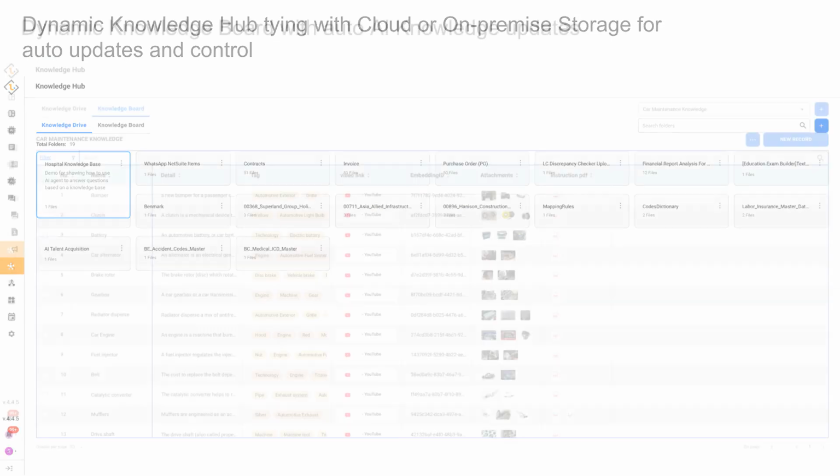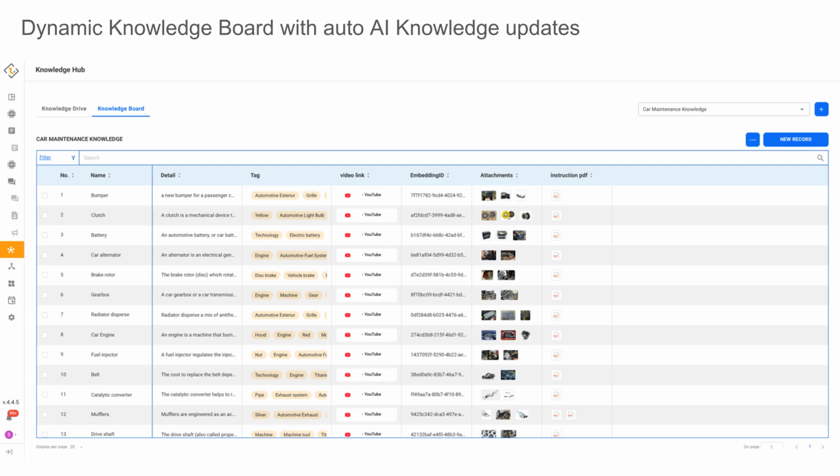current and accessible. Finally, explore the Dynamic Knowledge Board with Auto AI knowledge updates, creating a constantly evolving resource for